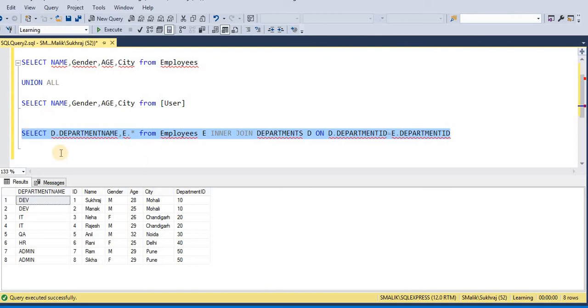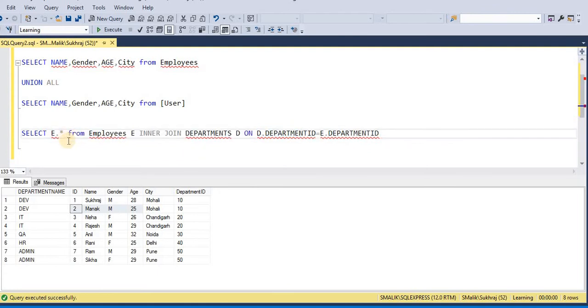Why is it working fine? Because in case of joins, the number of columns in the result set might be the same as any one table, or maybe more than one table. The maximum columns can be equal to the number of columns in the department table plus the employee table, or maybe it's equal to the employee table alone. So it may differ: at least one column may be there, or at most the number of columns in employees and departments combined. So I can even take the output from only one table here like this.